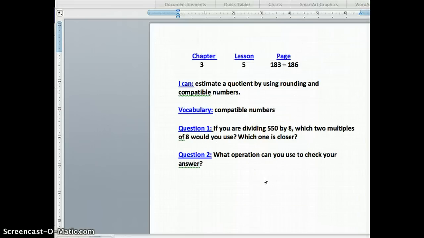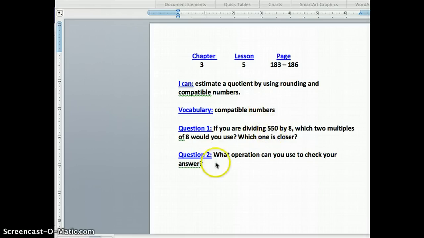Okay, so let's look back at our questions. So question 1, if you're dividing 550 by 8, which 2 multiples of 8 would you use? So that was like in our video that she was talking about, where she picked 2 numbers that were close to 55 so that she could easily divide by 8. So think about that. What are 2 multiples of 8 that would be close to here that you could use? And then figure out which one's closer. So remember how she circled in the video the one that was closest to 55